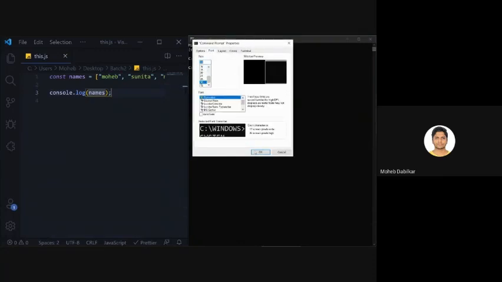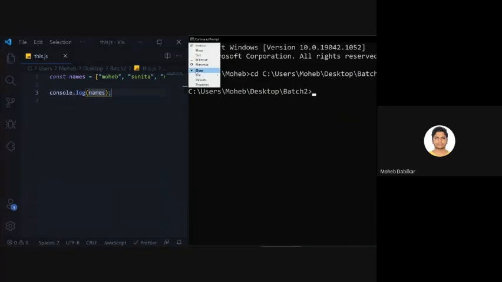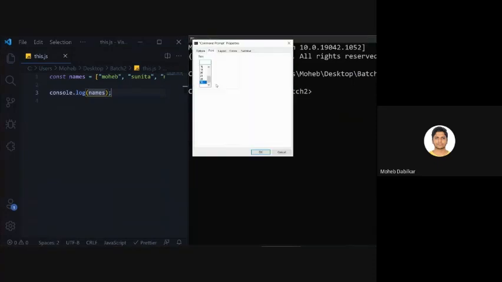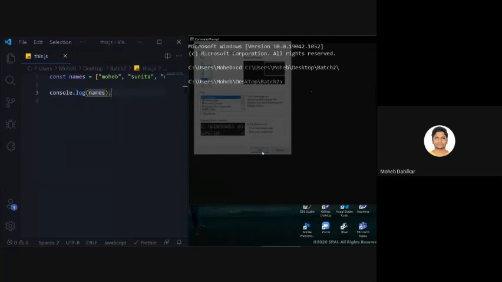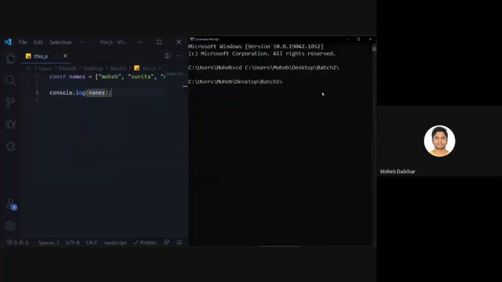And let me just increase the font size so that you guys can see. Okay, that's too much, I guess. So we have 28 also. Yeah, I guess 28 should do it. All right. So now once I try to run my node.js over here, so node, and then this .js, it gives me the name.